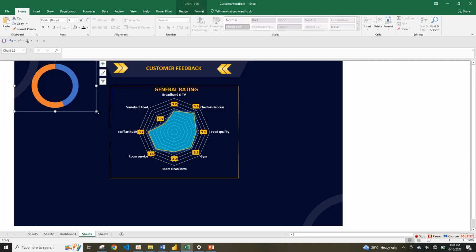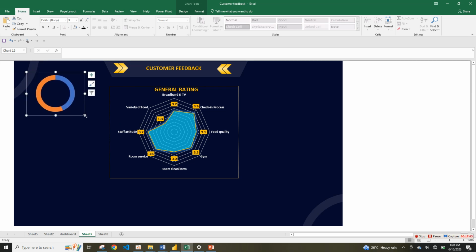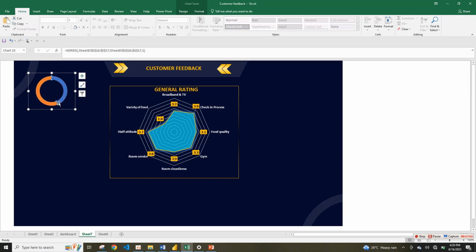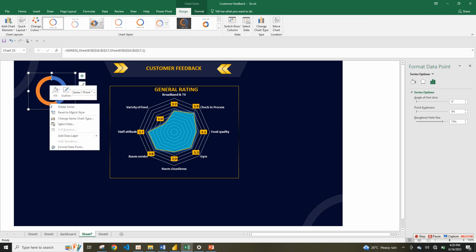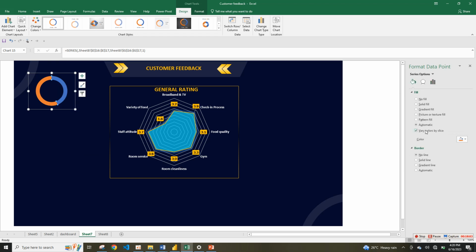Reduce it. You can reduce it, then bring it here. So now I want to format this first one. Let's check the color that I want to use, a solid color for this, this, this, and